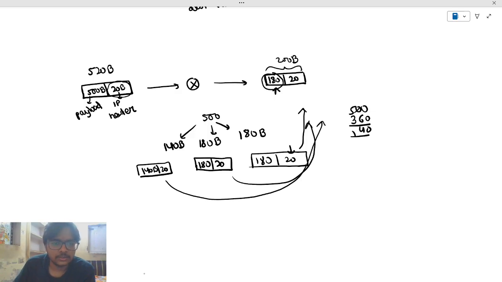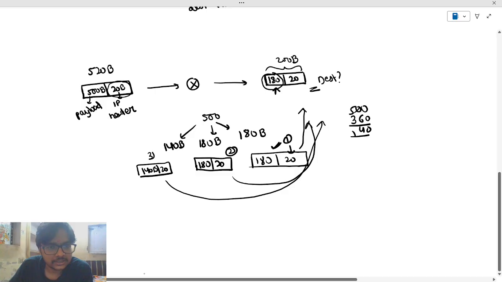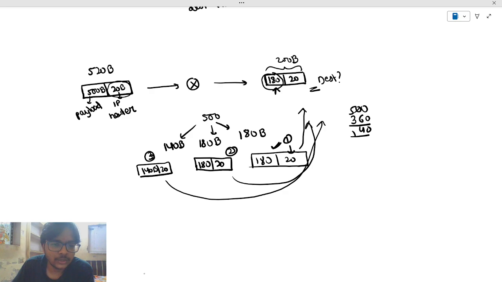Okay, now one more thing. How does the destination know which packet to accept first? We know that this is the first packet, then this is second, and this is third. So this is a particular sequence. If you jumble that sequence, then your whole data will get intermixed. Okay, so therefore